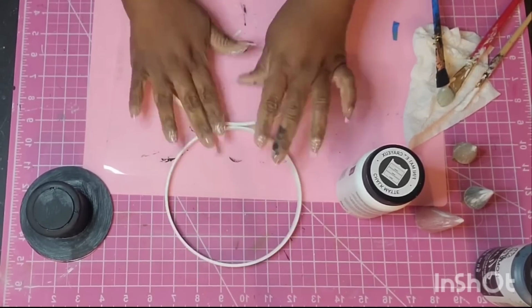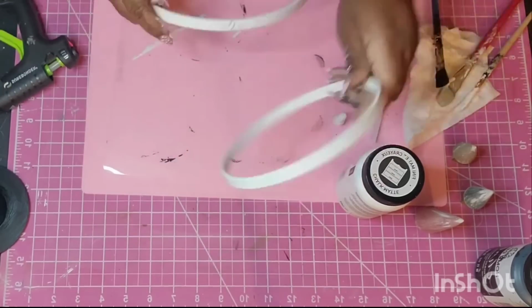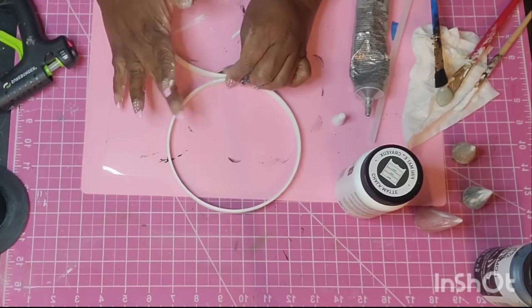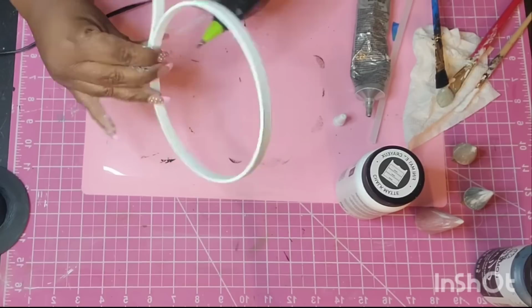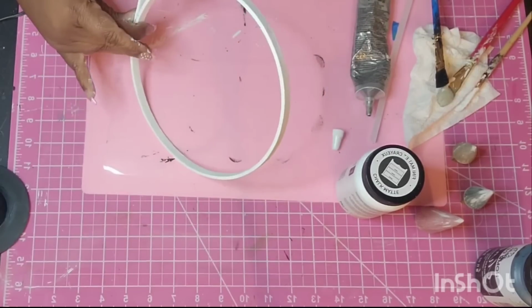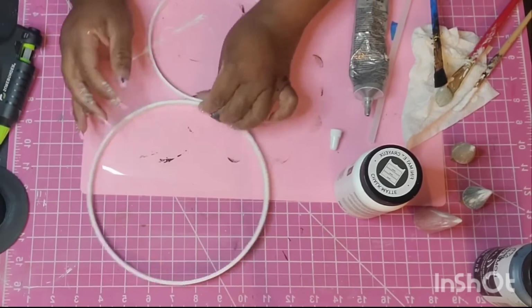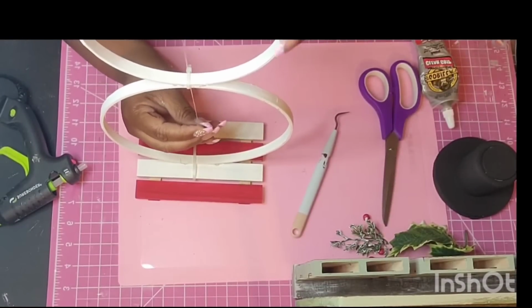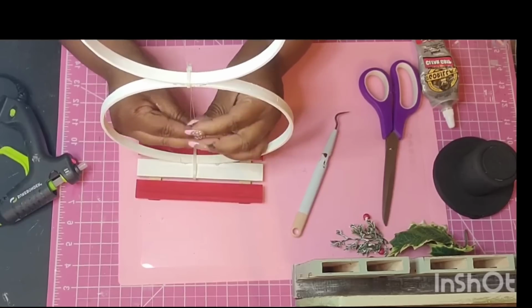And so here I'm just going to go ahead and adhere the two bamboo rings together. I did paint them white, of course, because it's a snowman. And so I'm just going to hot glue them. And of course I did go in with a little bit of Gorilla Glue for added security, because I'm not having really anything there to support it. I did go in and tie it off with a zip tie, both in the middle and also at the bottom for the base. And that's just to add that stability. And I was still a little nervous about it, y'all. So because, you know, snowmen,